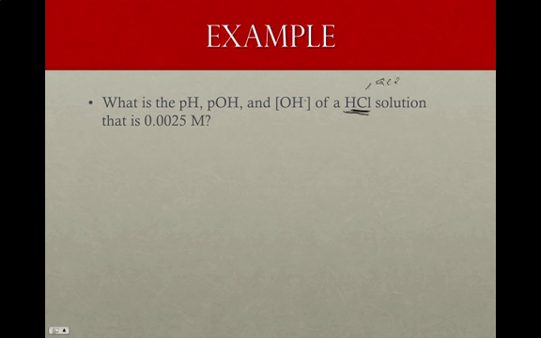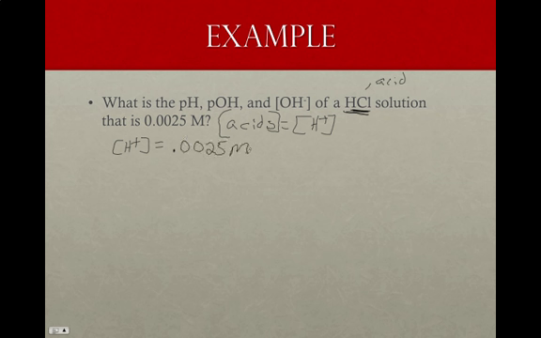And for acids, that means that the acid concentration is equal to the H plus concentration. So that means that our H plus concentration is going to equal 0.0025 molar,